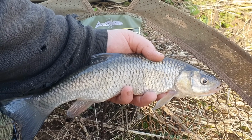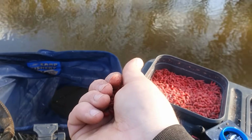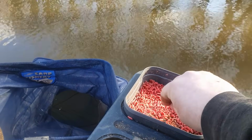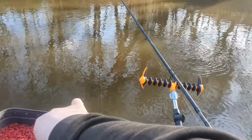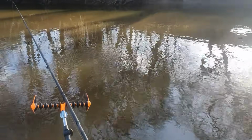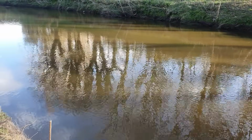January and February on the river, my favourite time of year. With 4 chub in less than half an hour, it's very easy to get carried away and start piling maggots in, thinking there's loads of fish there. It's just about being a bit restrained and just keep putting them maggots in, maybe beginning to spread the maggots out a bit, so a few of them are going onto that middle bit as well, and what it'll give you is the shoal will be moving over a bit more area and not spooking them